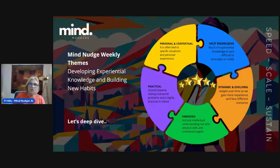Five things: personal and contextual. This is mind nudging design. Tacit knowledge, that's the knowledge that is quite hard to articulate. Most people liken it to bike riding. Someone can say, this is how you ride a bike, but you're just not going to know how to ride a bike until you get on a bike and fall off,